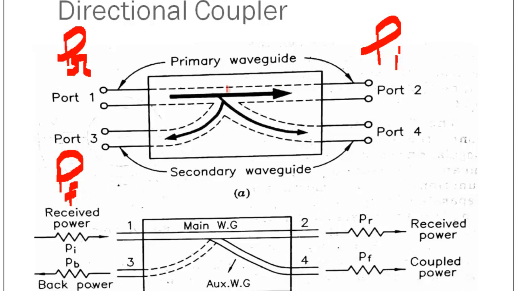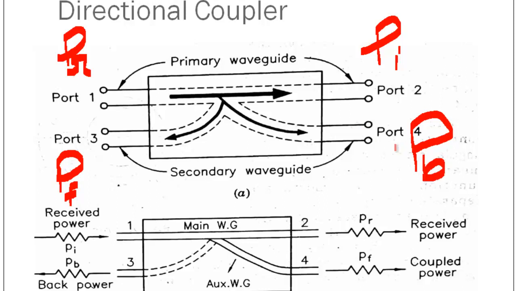So in the case of bidirectional coupler, we will consider at one time the signal is appearing at port number 1 traveling to the port number 2, and in the second case we will consider that a signal will appear at port number 2 and traveling towards the port number 1, right? When a signal appears at port number 2, the power coming out of port number 4 will be known as a back power, and back power is defined by the PB,